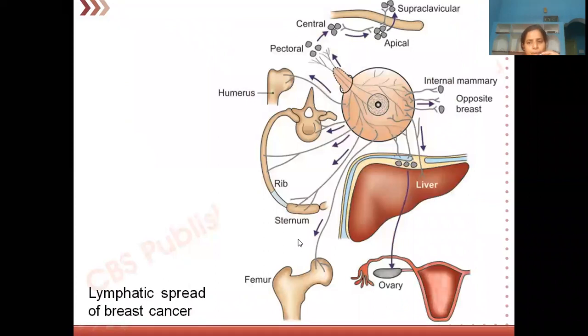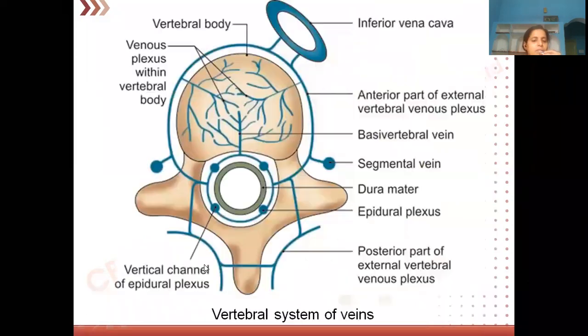Okay. Now I told you, see, this is like antero-inferior quadrant. So from here, this is the subperitoneal plexus. If there is cancer in the mammary gland, from this area the lymphatic vessels will carry cancer cells. The cancer cells are now moving to the ovary. That means breast cancer can also spread to the ovary, leading to Krukenberg's tumor.